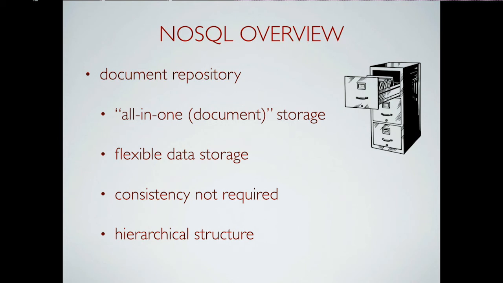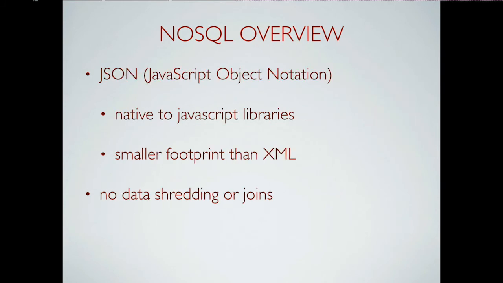So consistency is not required, and the hierarchical structure is just what we looked at earlier, where in the SQL world, we have to pull it apart and put it in different tables. In the Mongo/DocumentDB world, I can put all of that into one document. So it stores its data as JSON. We looked at that a minute ago with all the curly braces, the commas, all that fun stuff. You get used to it, and it's not bad.